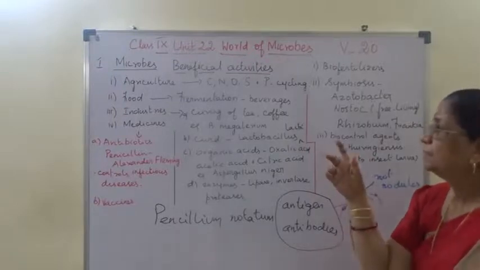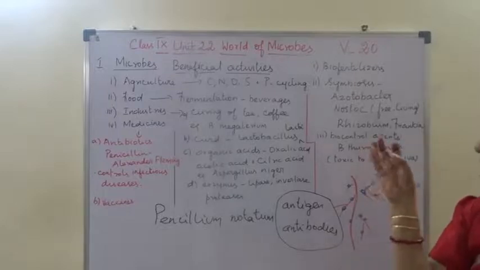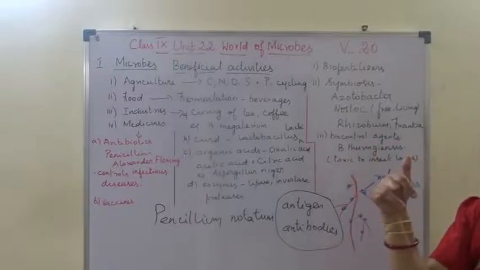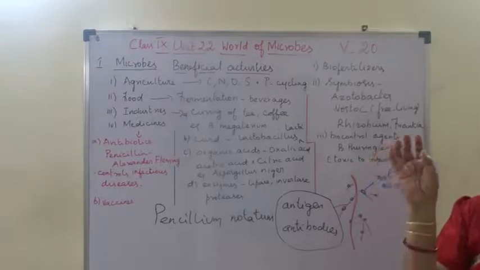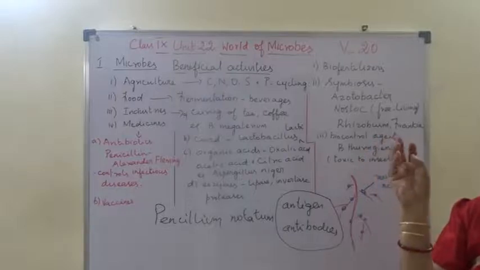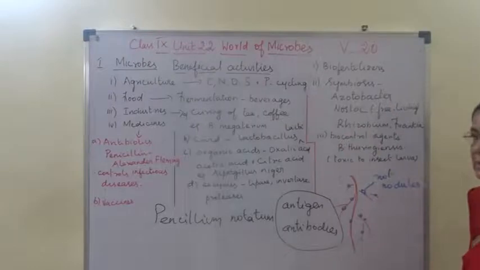Okay, so to sum up, microbes' beneficial activity is in agriculture, food, industries and medicines. Agriculture la four uses enala cycling, recycling of or nitrogen cycle padikanola, biogeochemical cycle, and then biofertilizer, symbiosis, biocontrol agents,